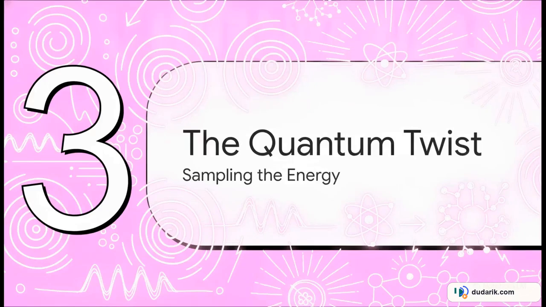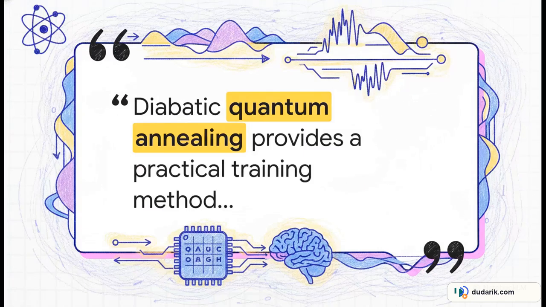Moving on to Part 3, the quantum twist, sampling the energy. Since we're using an energy-based model, attention weights are sampled stochastically, not deterministically. You need a way to sample that energy. And here is the twist: adiabatic quantum annealing. It's basically slowly cooling a complex quantum system until it naturally finds the perfect answer. This gives us a highly stable, viable sampling pathway during training, keeping performance competitive while opening the door to actual quantum computing strategies in AI.